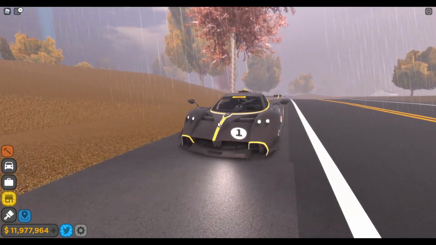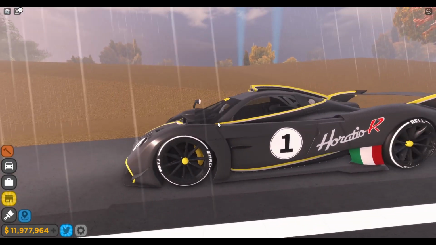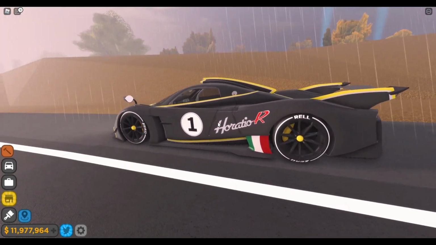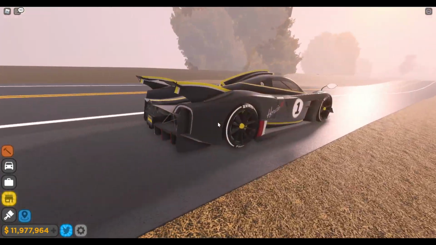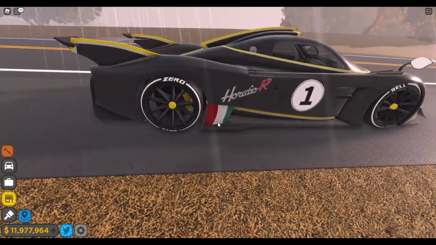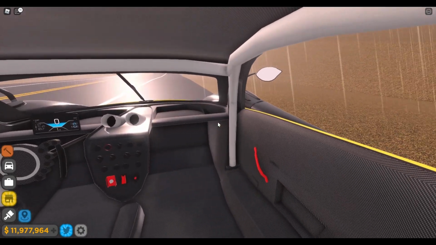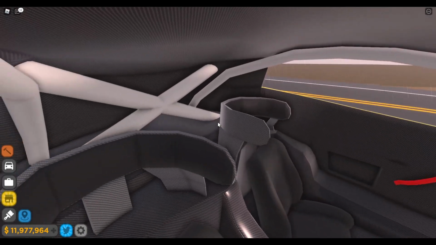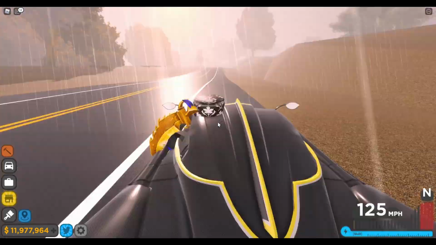So this right here is the brand new Pagani Huayra R, and I gotta say off the bat, I really like how this looks. It's something really unique going on. It has a really nice slick racing team design, and I really like the aesthetic going on here. It looks really nice to me. Now in terms of the interior, I gotta say it's pretty disappointing. It just looks ugly to me. I mean, it has some